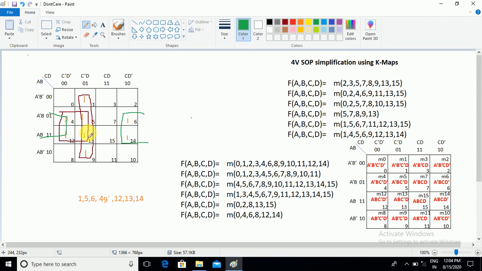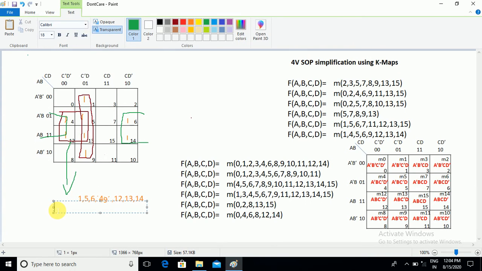So here there is a green color group, and another one is a square shape maroon color group. In this square shape group, 4 cells are there. 4 are overlapped. One is with this column group. Another one is an edge mapping. Okay, so 4 are overlapped. Now it is not a prime implicant. Simply you can write, you no need to consider it in the answer, because in that square shape group all cells overlap with different other groups. Okay, not a prime implicant. I no need to consider it in the answer.